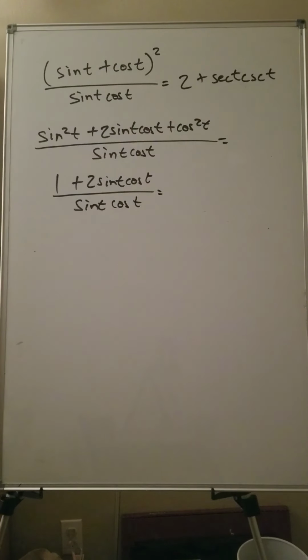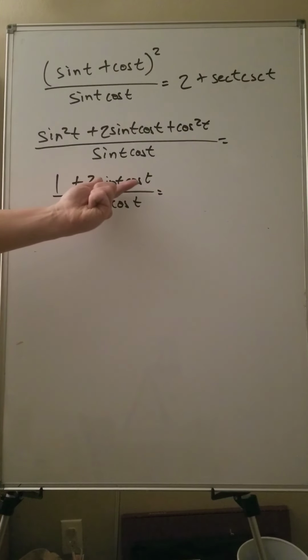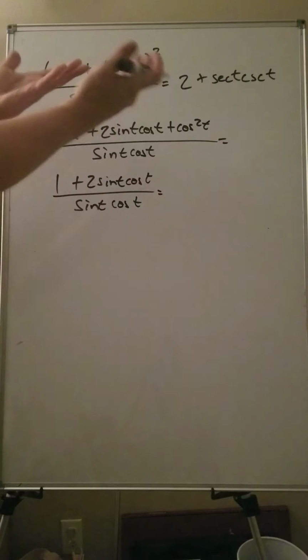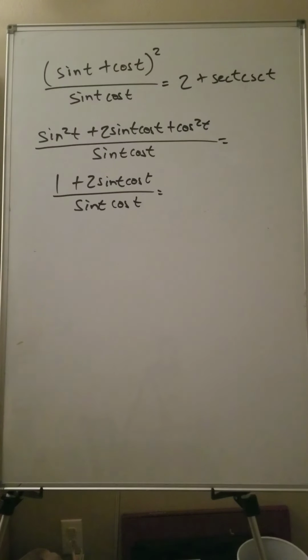Well, as tempting as it may be, don't forget I cannot cancel out this term with this term, right? If they were factors, I could cancel them out, but this is 1 plus this. It's not 1 times that or anything like that. It's not factored. So if it's not factored, don't just cross that off. If I cross this off with this, what would I get? I just get 3. Is 3 going to somehow become that? No, it's not correct. Okay? However,